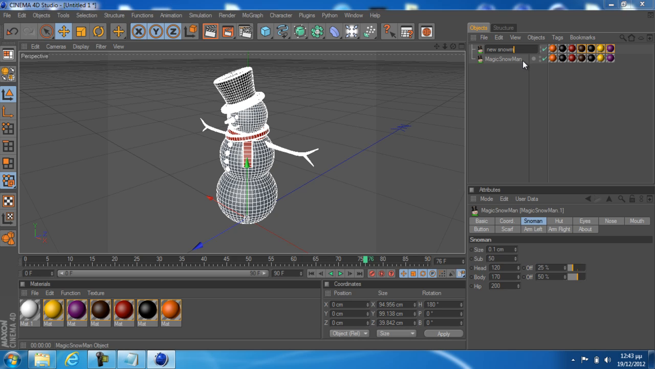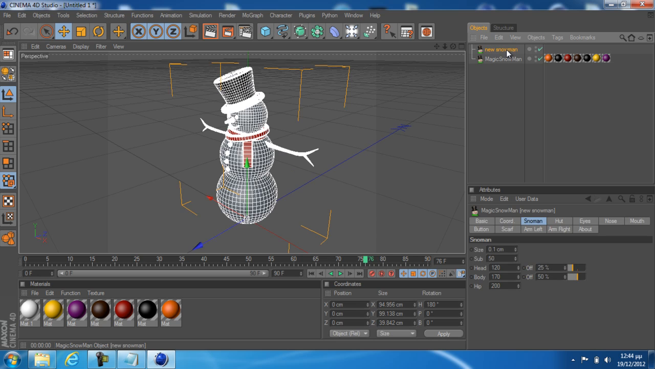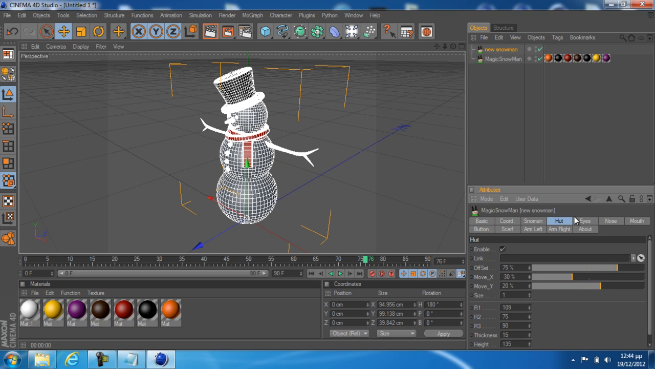You don't have to rename it unless you remember. So we are going to new snowman and delete all color information. And again, we will select our new snowman, and we will go and press here on our attributes,